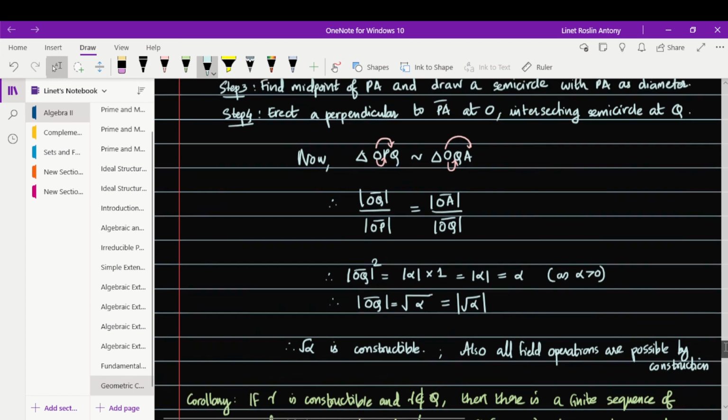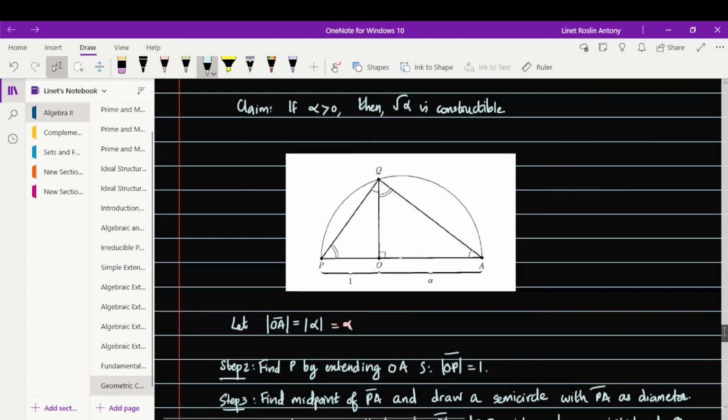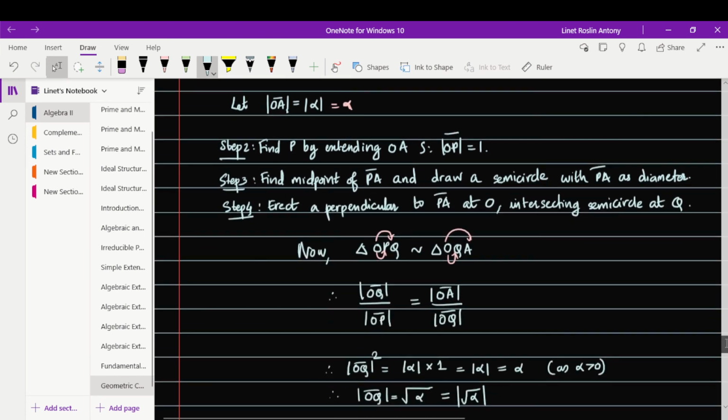So you keep in mind whenever you're dealing with similar triangles that the angles should be the same. Here, if you take O, that is 90 degrees. So here you have O, P and Q. Then you have 90-degree O, and this P, this angle will be coming as Q here. So you have OQA. If that order is taken, you can easily write the ratios of the sides.